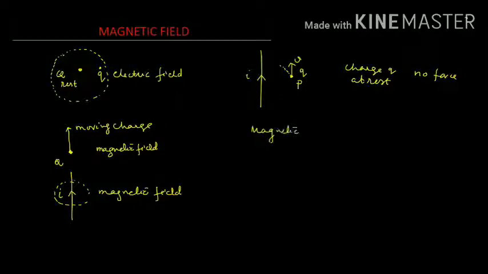Magnetic field is represented by the vector B. We represent a symbol, a cross which is encircled. This symbol represents the magnetic field which is into the plane of the paper. This is inward, that is perpendicular to the plane of paper. And a dot symbol which is encircled represents the direction of magnetic field which is out of the paper, that is perpendicular to the paper and out of the paper.